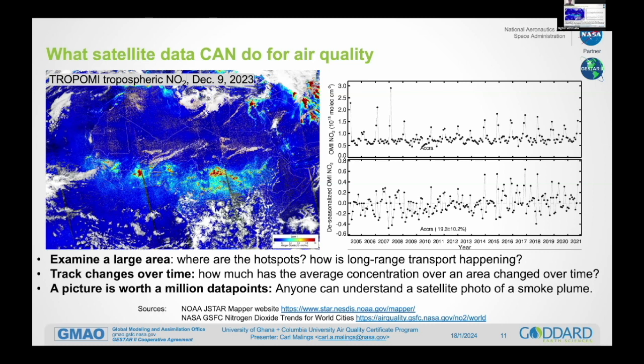Another advantage is looking at changes over time. So many of these instruments have been operating for many years, in some cases decades, in a very consistent manner. And what this allows is for long-term tracking of these broad area trends. So on the upper right, I have some data from the NASA nitrogen dioxide trends website,